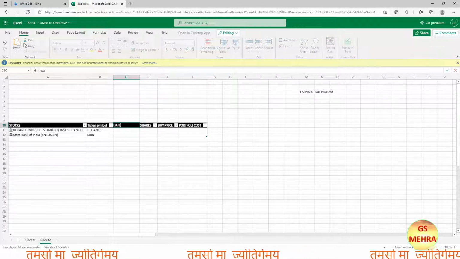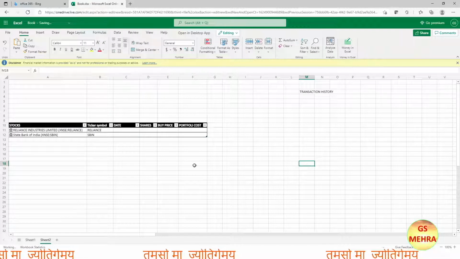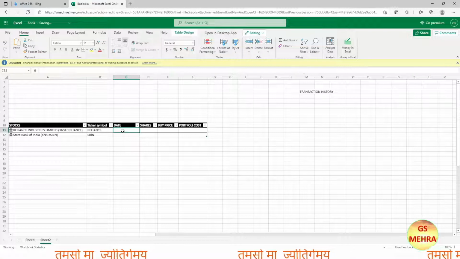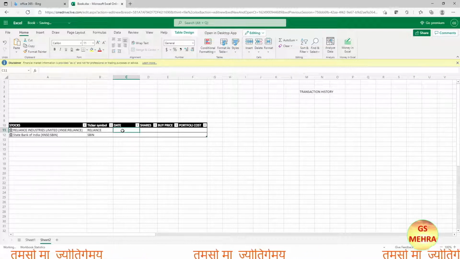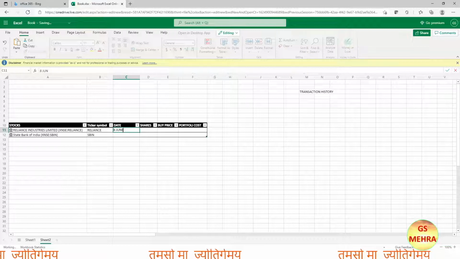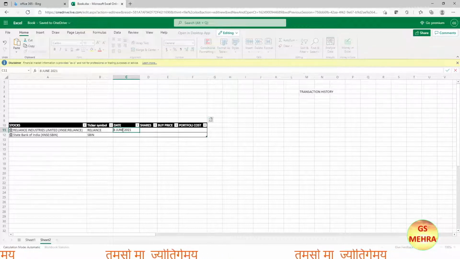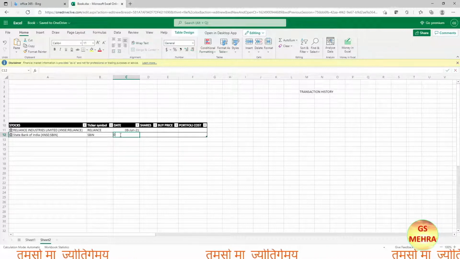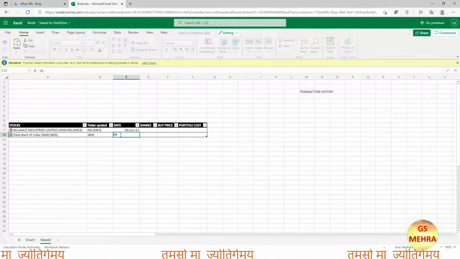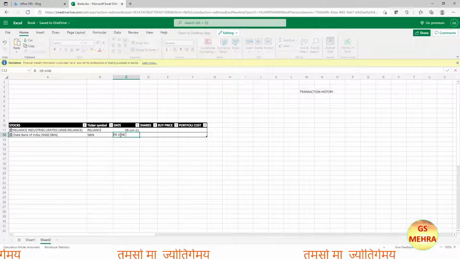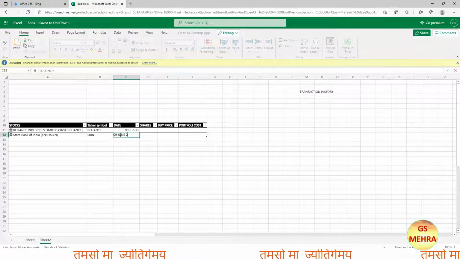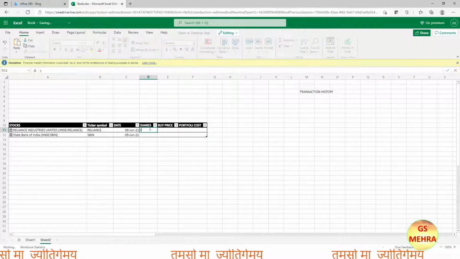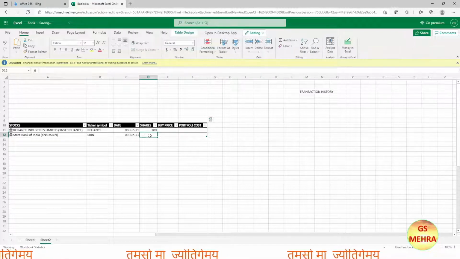So here let us assume that we have purchased shares of Reliance on, say we can take any month, so we are taking here 8th June 2021, and that of State Bank of India, let us take it as 9th June 2021. And shares, let us assume that we are taking 100 each. So State Bank of India, we are buying 100.